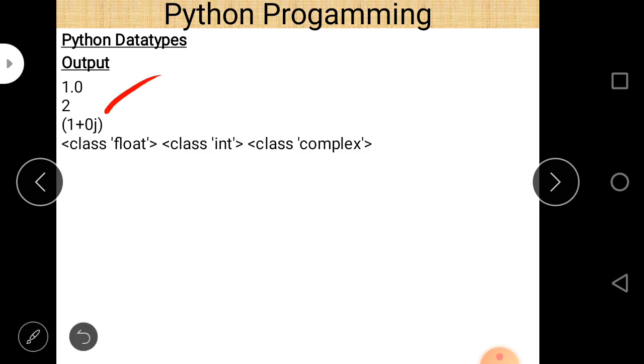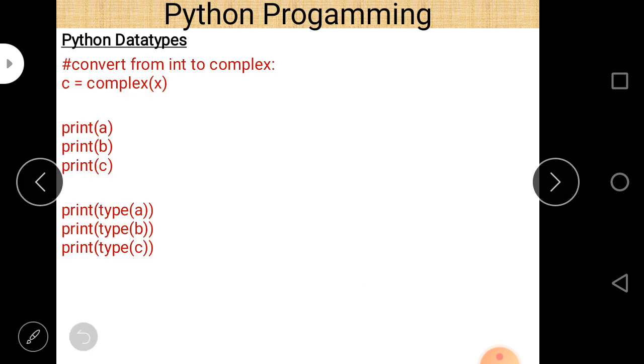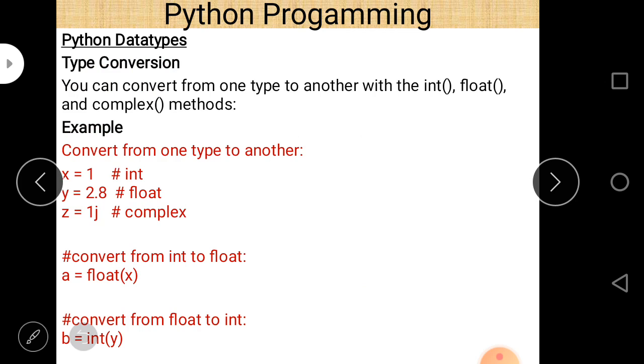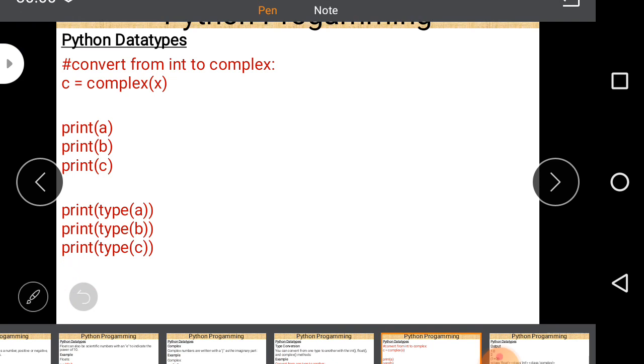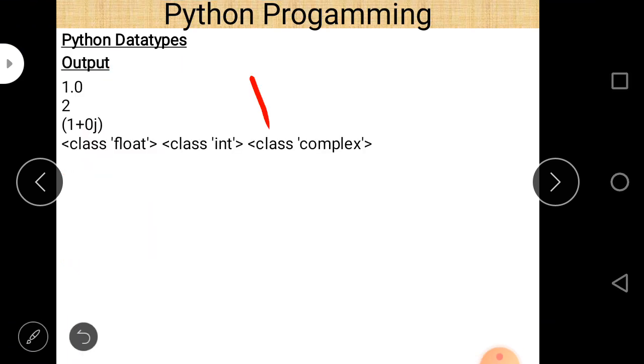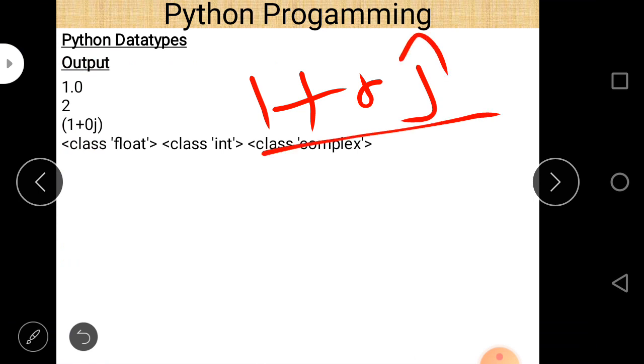Yes, 2 is there. And then you print c, which is a complex number, and x is equal to 1 here. You can easily see that 1 is converted again into a complex number. So the answer is 1 plus 0j. This is the representation, 0j.